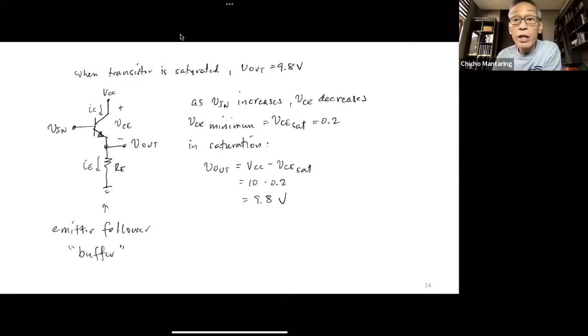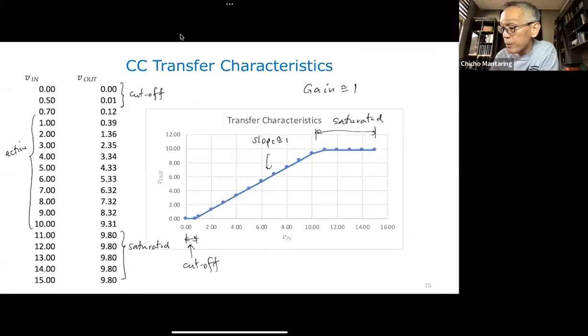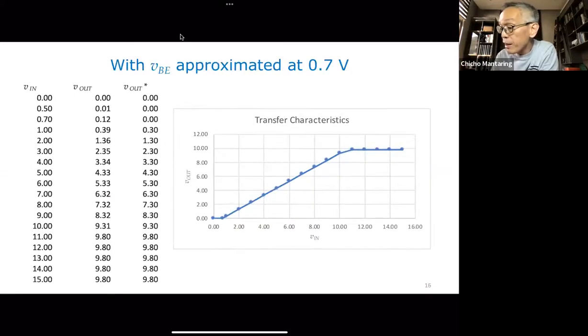Yeah, you can also call it a voltage follower. That's right. Somebody asked if it can also be called a voltage follower. That's right. Okay, now I have another graph here. And in this other graph, I wanted to see whether I could have applied the simplified